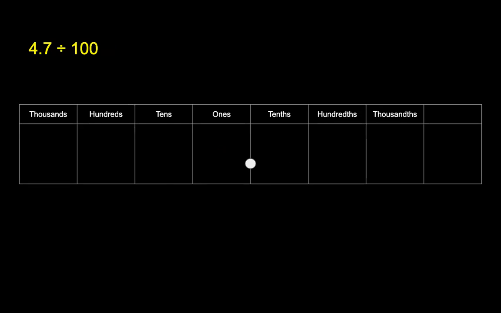4.7 divided by 100. There we go. There's 4.7. You agree? 4.7 up here. Looks like that. The 7 needs to jump how many columns? 2, because it's going to become 10 times smaller, and 10 times smaller again. The 4 needs to jump from the 1's column to the 10's column. That's 10 times smaller, and another 10 times smaller. And we end up with point, oh dear, again, it looks like that